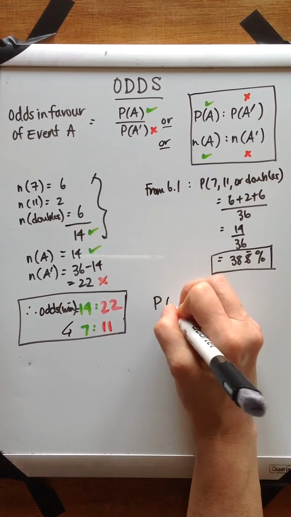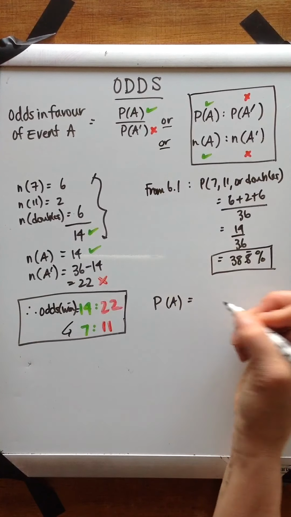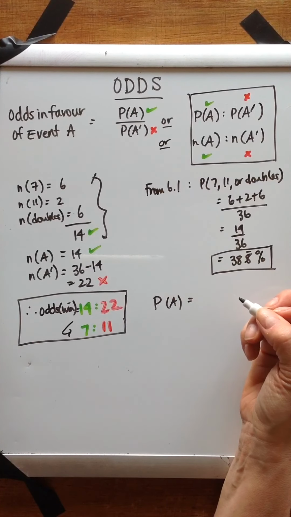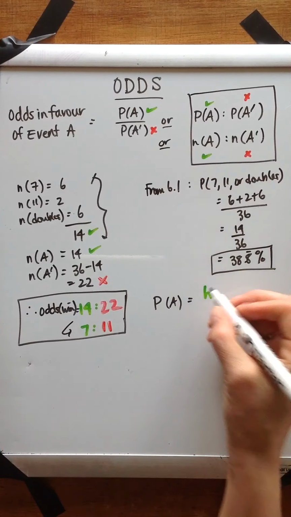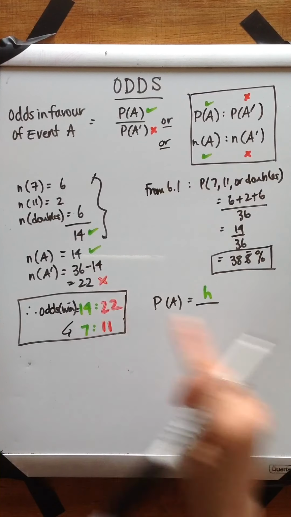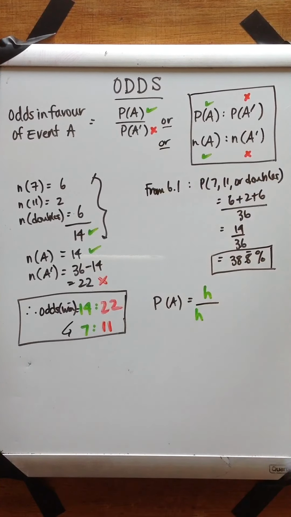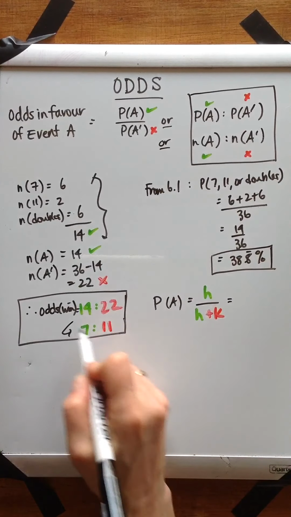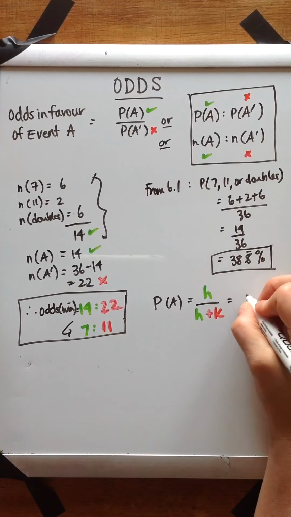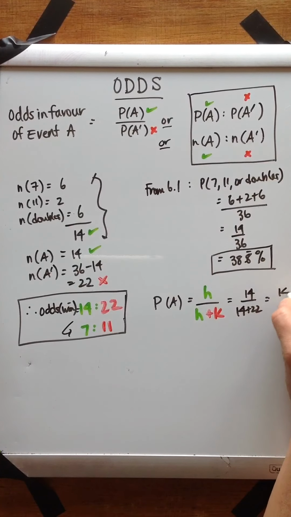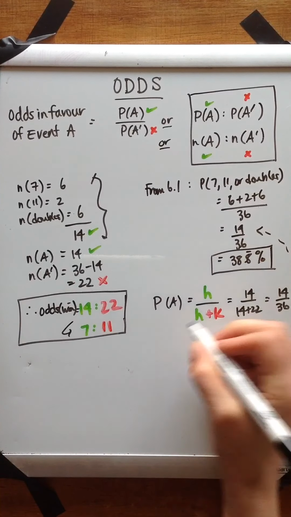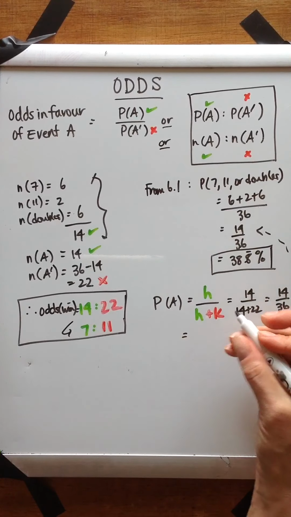So the probability of an event happening could also be thought of as being the number of times that the event happens, which we call H, divided by the total number of opportunities for that event, so H plus K. So look what happens if we plug in our values here. We have 14 over 14 plus 22, which comes out to 14 out of 36. Kind of looks familiar. We've seen it up here. Or the probability of event A happening would be